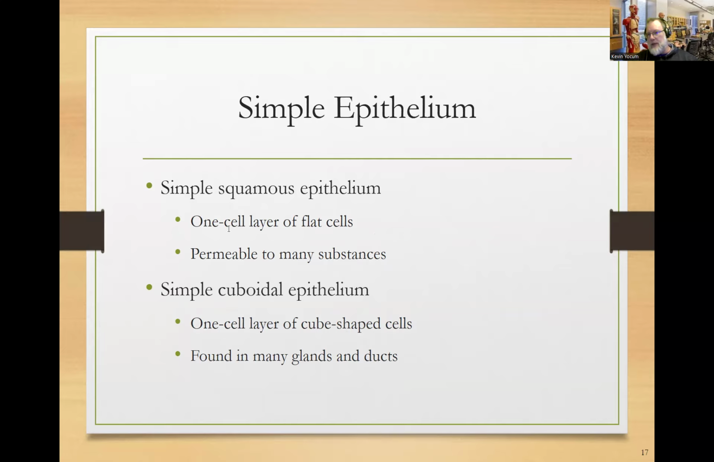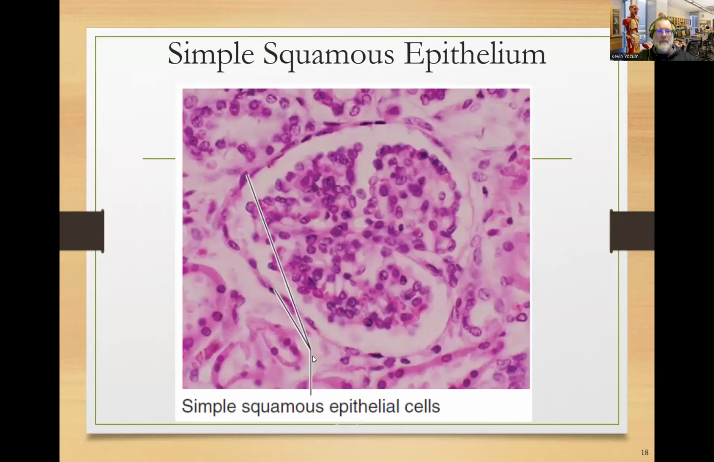Simple squamous, one flat layer, as I said earlier, permeability is the deal. We want to be able to rapidly diffuse something. So simple cuboidal is going to relate to glands typically. So here is simple squamous. Again, the cells are very flat. As we look at our Unit 1 lab activity worksheet packet,